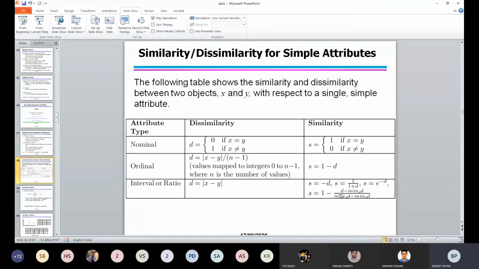There is no perfect or unique answer for which similarity or dissimilarity measure will be used for a particular domain. You need to look at the domain and the attribute values, and choose the best one. These are the guidelines you should follow. Even if you come up with some other idea, similarity should be opposite to dissimilarity, so that should be satisfied. You can write minus d, but it should make sense when applying this similarity value in a particular domain.